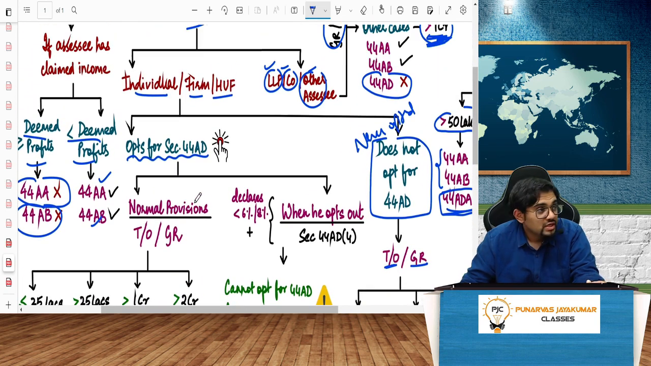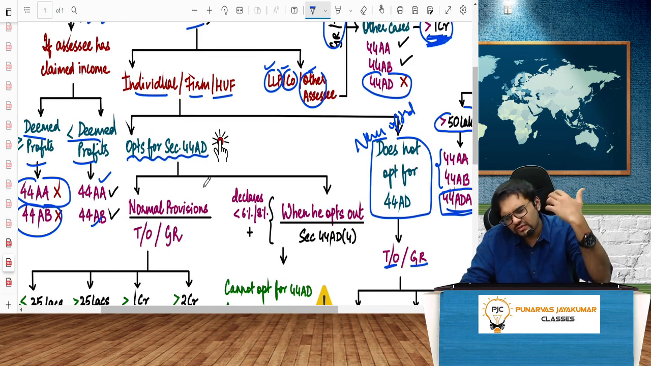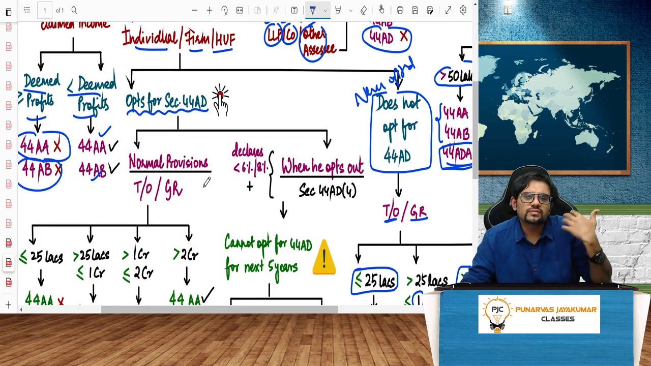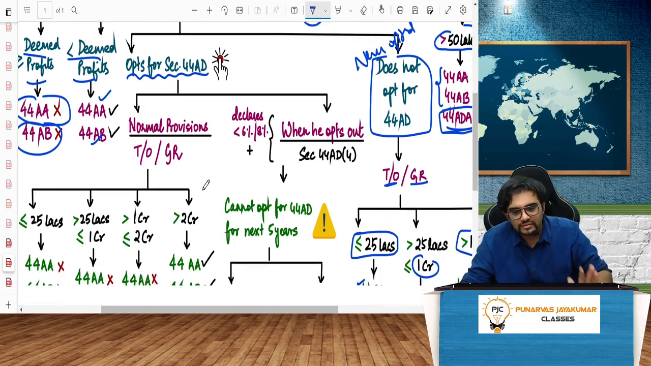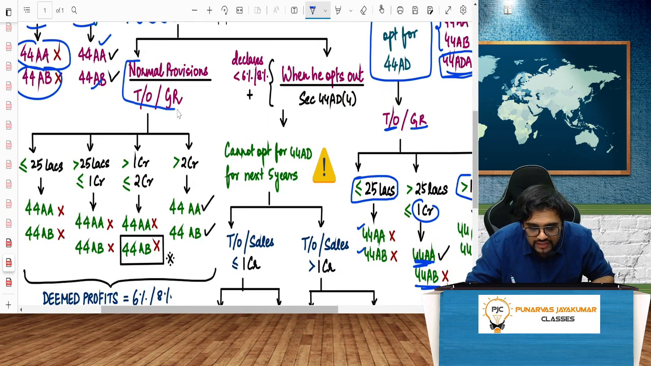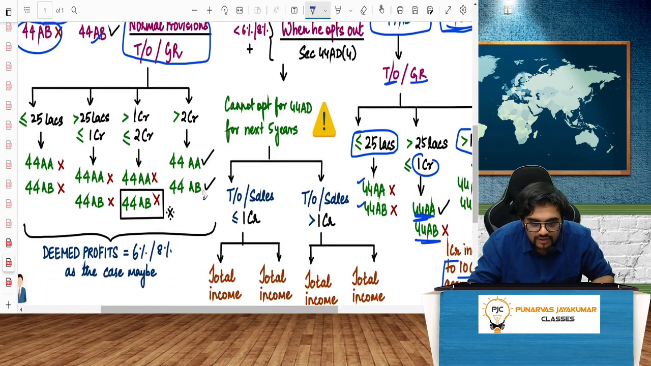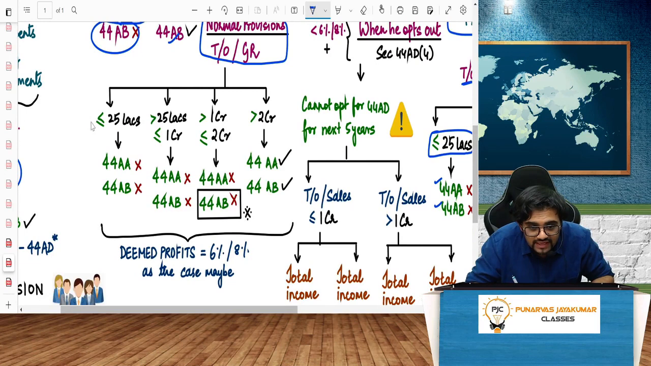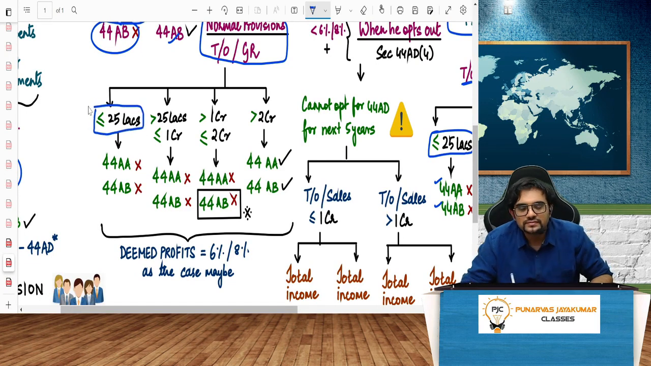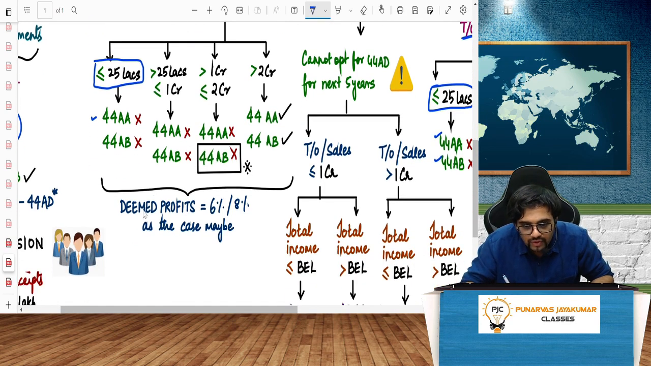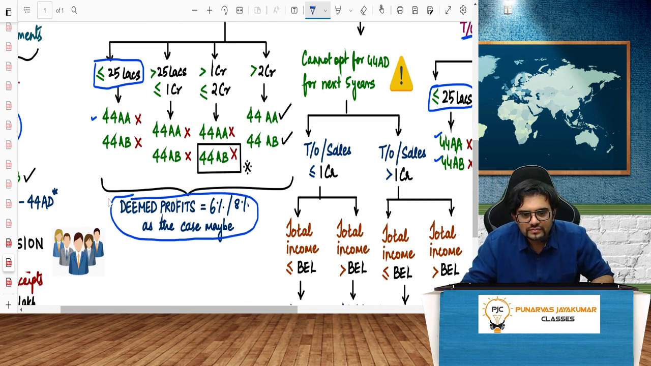Now, if you opt for 44AD, which means you are already doing 44AD. Normally you are continuing, no tension, you are going through 44AD, no problem. Now, normal provisions of 44AD, turnover or gross receipts. Now I am combining everything, please concentrate. If it is less than or equal to 25 lakhs, whatever you are claiming, then 44A... this now what I am talking about is the deemed profits. Whether it is less than or equal to 25 lakhs, greater than 25 lakhs, less than 1 crore,